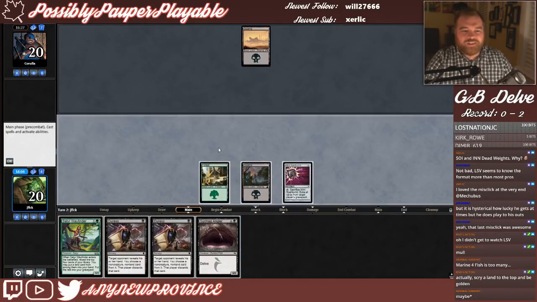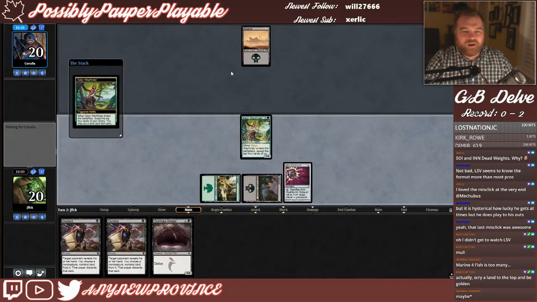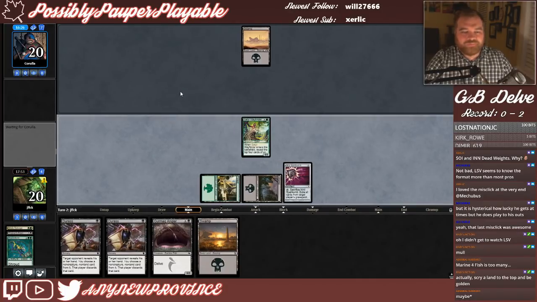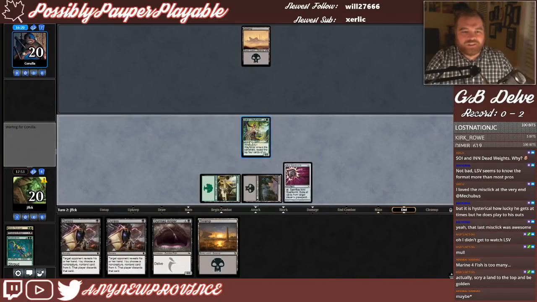Oh, we did it. Okay, let's Satyr Wayfinder into another land. Gurmag Angler. They can't counter it, so they have to have Edict. Actually, Edict isn't even super good for them. So... Your turn. Oh, we can't Angler. Never mind. I guess unless they kill this, like, disfigure it, and then...